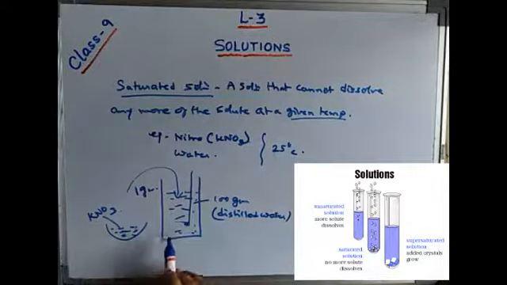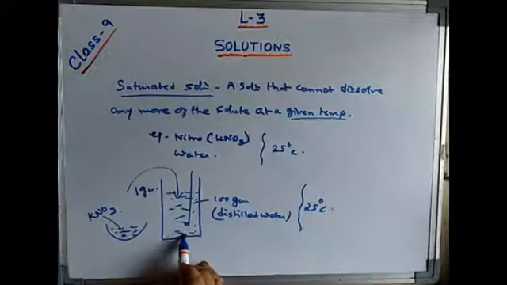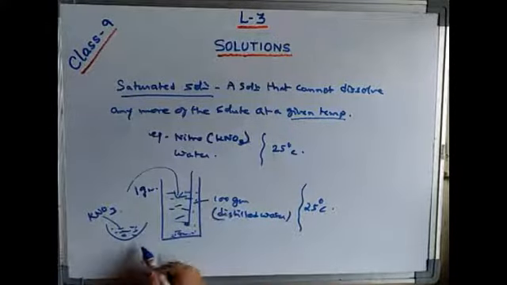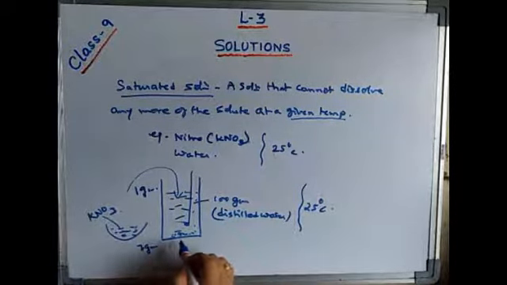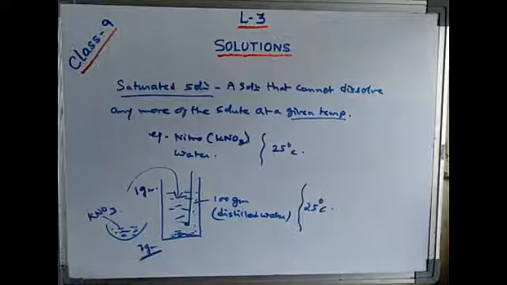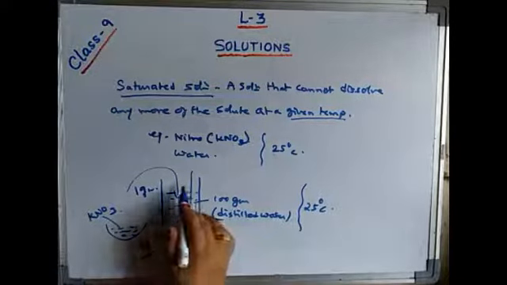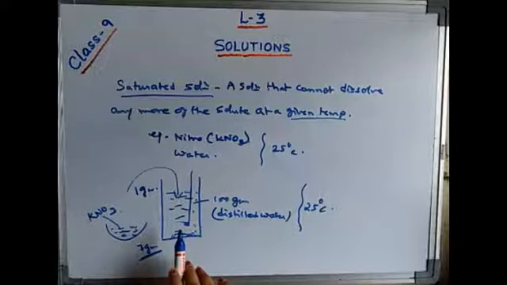The time will come when we find that it doesn't get dissolved and remains undissolved. Suppose we find that in the 100 grams of water, after 7 grams, when we are about to put in the 8th gram, it remains undissolved and is kept at the bottom of the beaker. That means what? 7 grams is the optimum that it can take in 100 grams of distilled water at 25 degrees centigrade. That means it is a saturated solution of niter at 25 degrees centigrade.